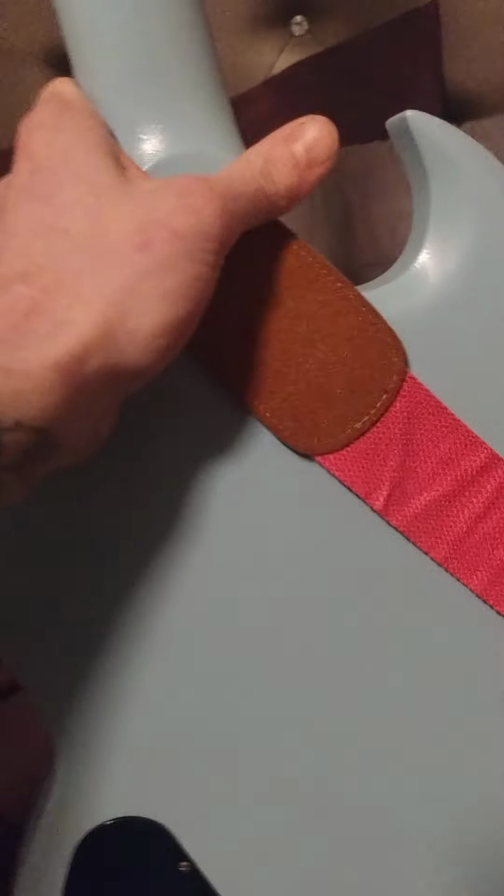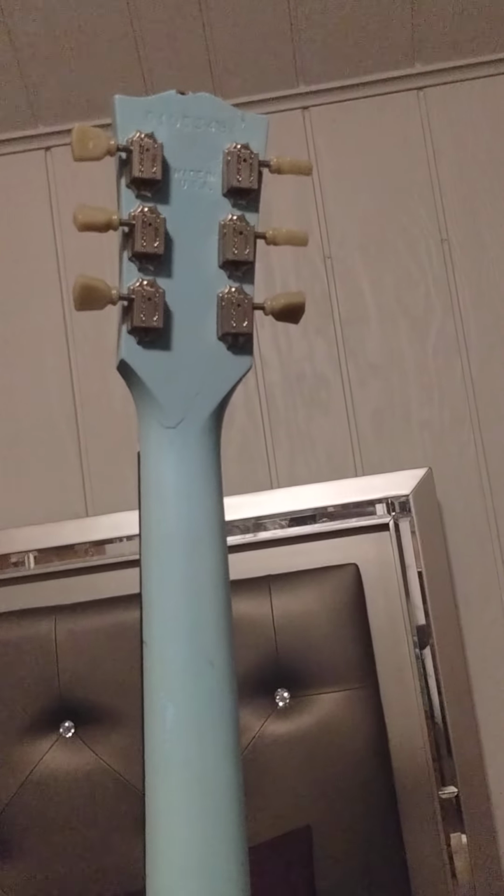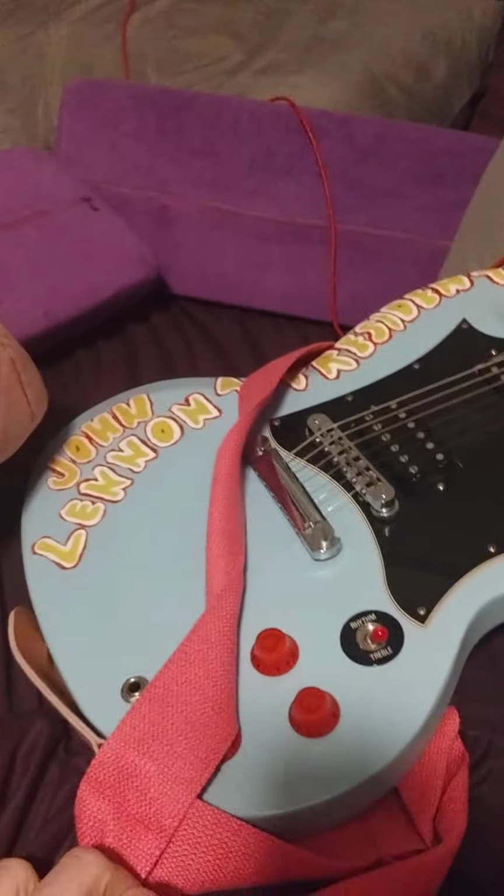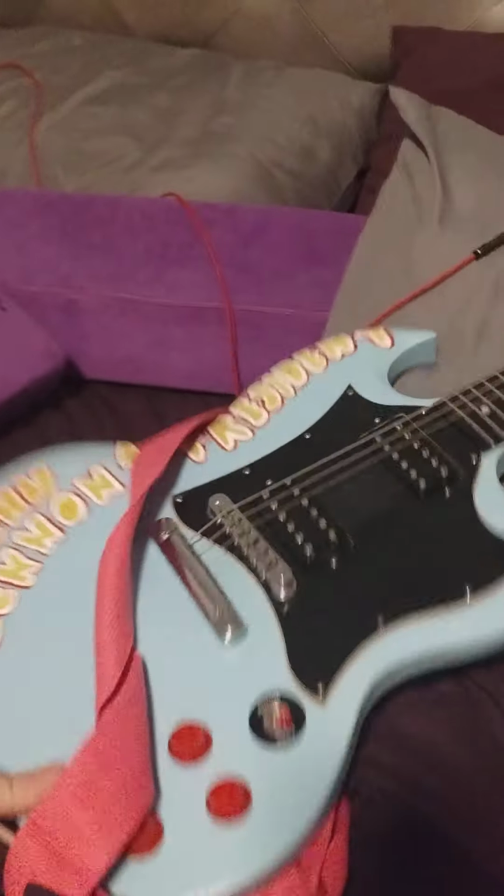But this is one of my favorite guitars, and I painted it this color because I was such a Green Day fan that seeing Billie Joe Armstrong's blue, and being an SG fanatic that I am, I